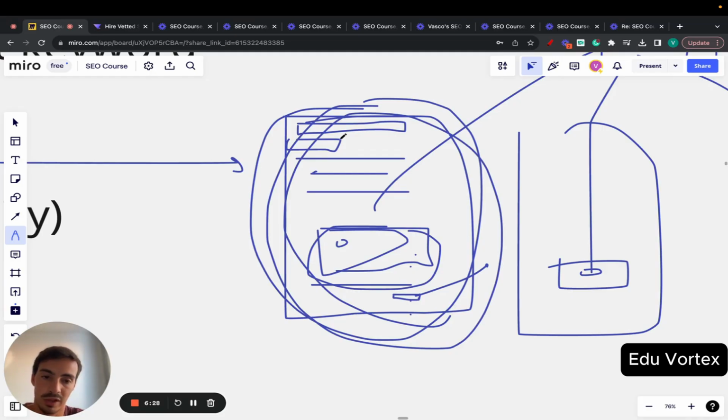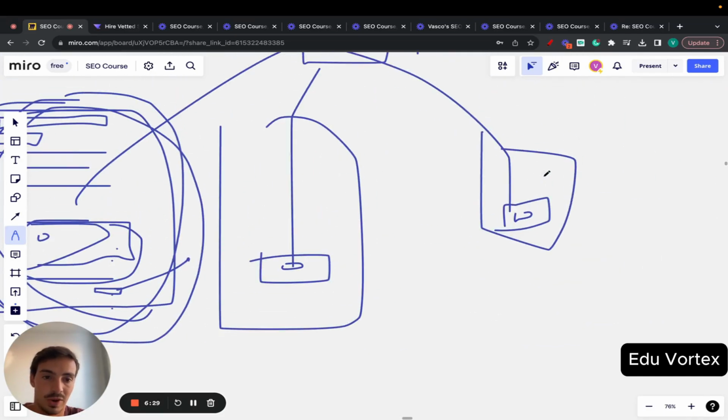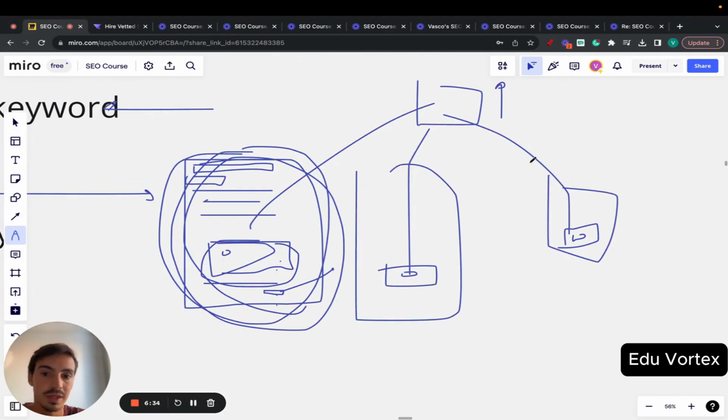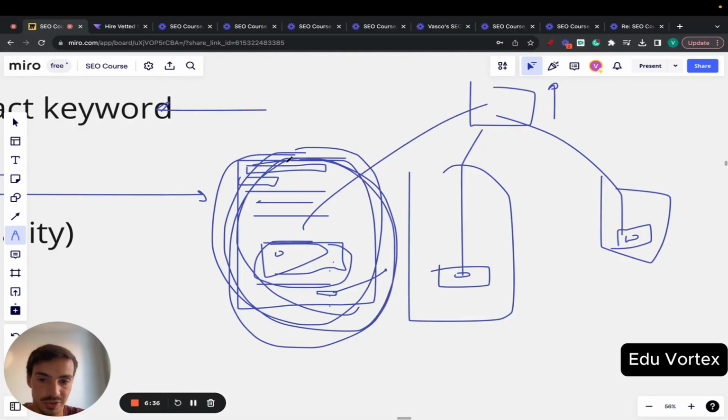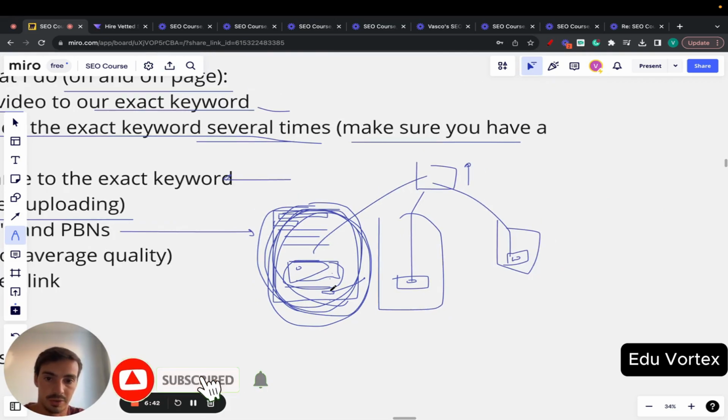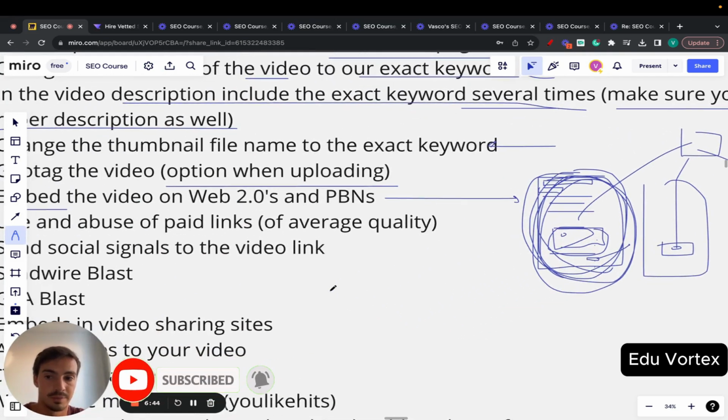And that's much more relevant than if you just had a random YouTube video, or your YouTube video embedded on a random article. So go the extra mile, make sure that you post the videos either in embed form or link form in a niche-relevant, powerful article, because that's going to go a long way.